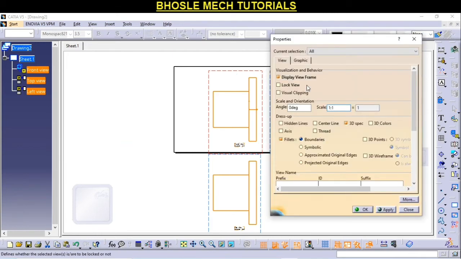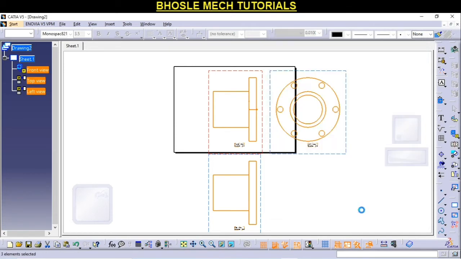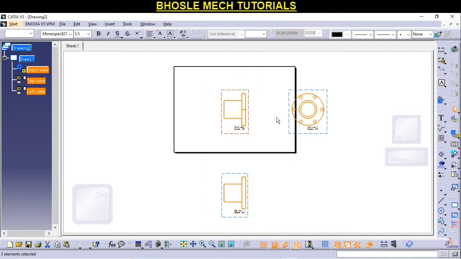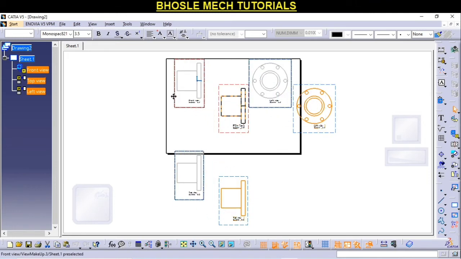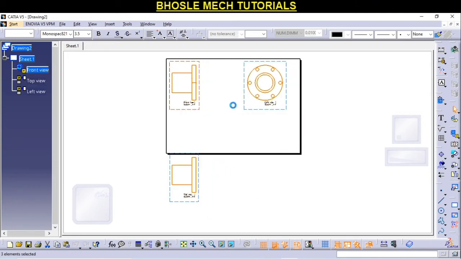Here in this view we can change the scale of our projections, that is 1:2. Okay, see friends, now the size of our projection is reduced. Fix this according to our requirement.